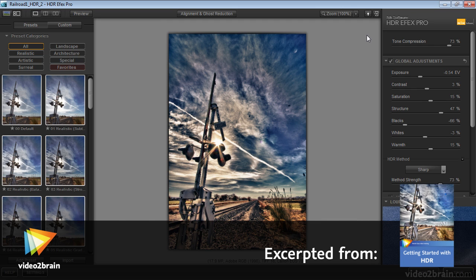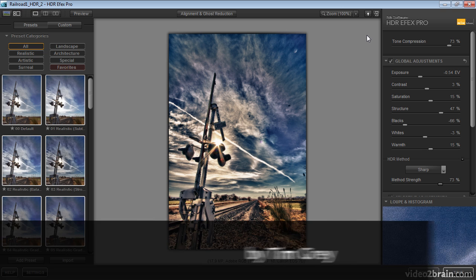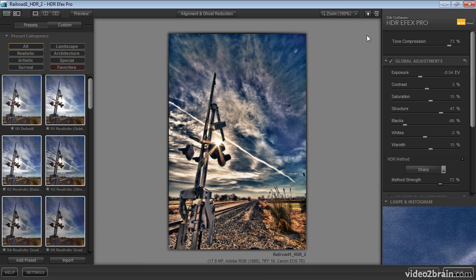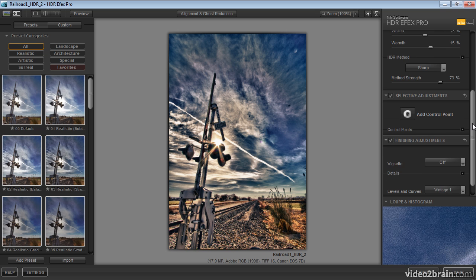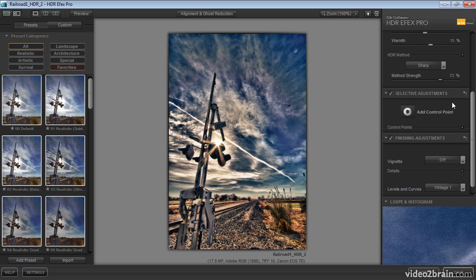For most images, you'll probably find that the various adjustments available in HDRFX Pro that affect the overall image, the global adjustments, are all you need to produce an image you're happy with. But in some cases, you might want to apply an adjustment that affects a specific area of the photo. Let's take a look at the ability to apply targeted adjustments with the Selective Adjustment section found on the right